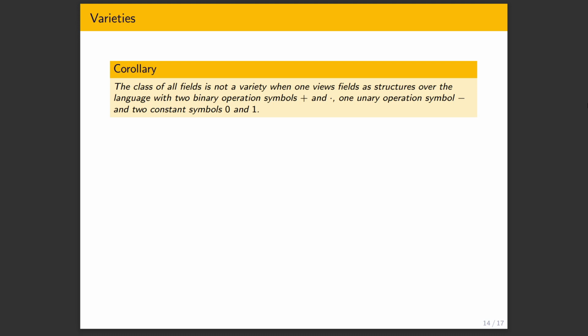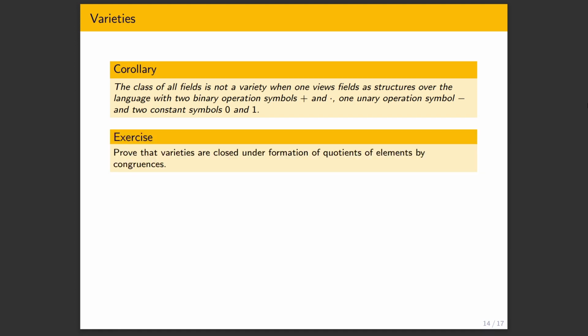And you might ask, well, fields are kind of defined by equations. Why do they not form a variety? Well, the reason they do not form a variety is because we kind of awkwardly circle out 0 not to have a multiplicative inverse, because that's kind of impossible. And it just makes things very tricky when you circle out one element from having a multiplicative inverse. It just makes things kind of broken.